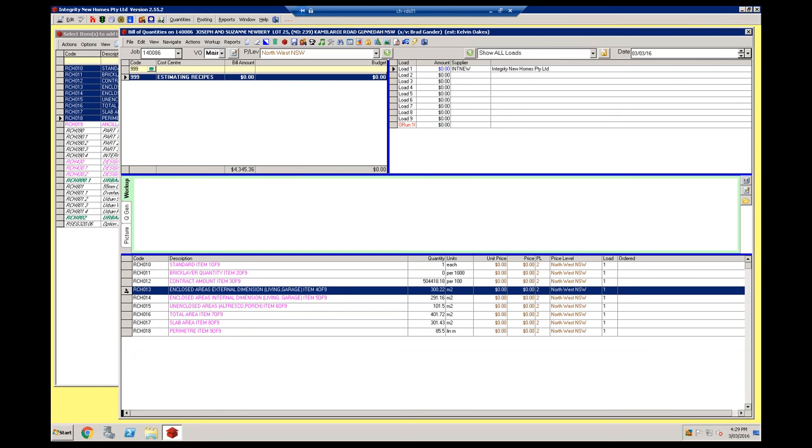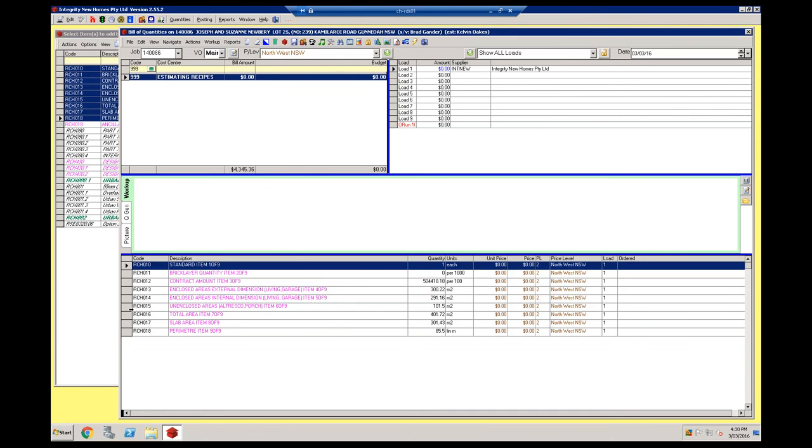So there won't be any timber decking that comes in. There presumably won't be any balustrades. Things that aren't in our basic slab on ground brick veneer tile roof will not be added, and each of those line items will then be addressed as we go through and finalize each cost center, or each trade or material supply. Now that we've populated this information, we go to the little chef's hat for the recipe,